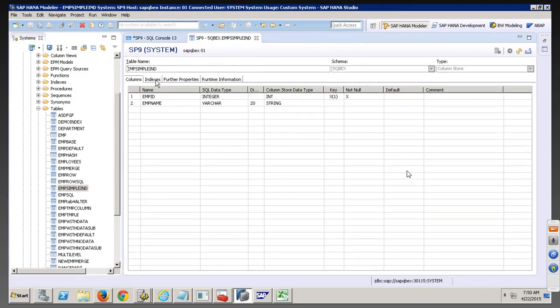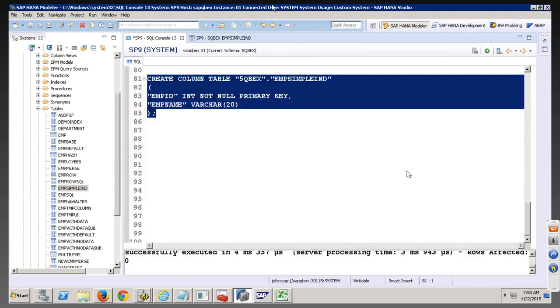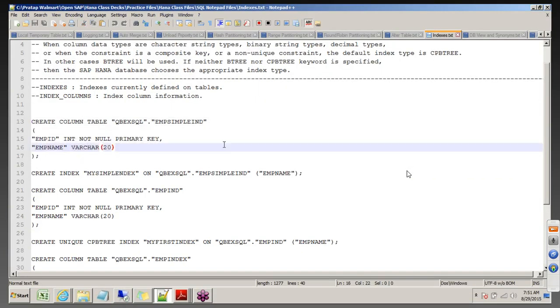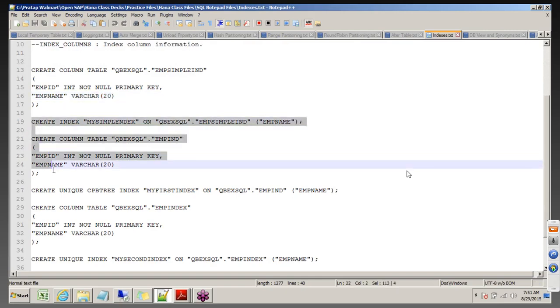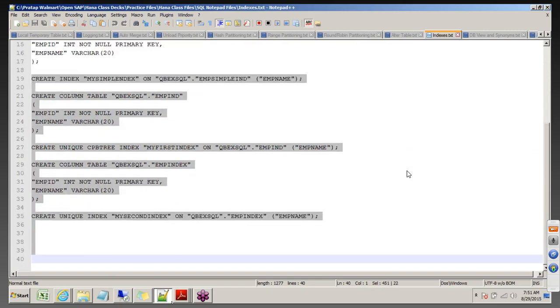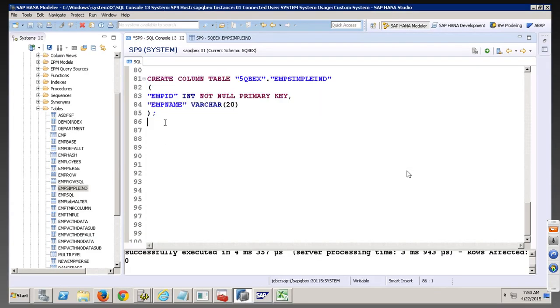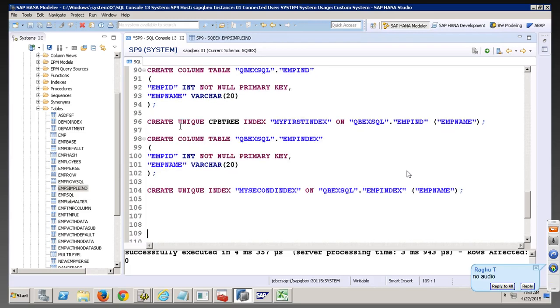So this is my normal table and there are no indexes on it yet. So I can say create index. So I'll say